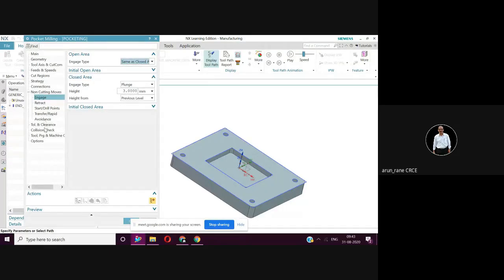Now you can go for generate. See, the path is generated.